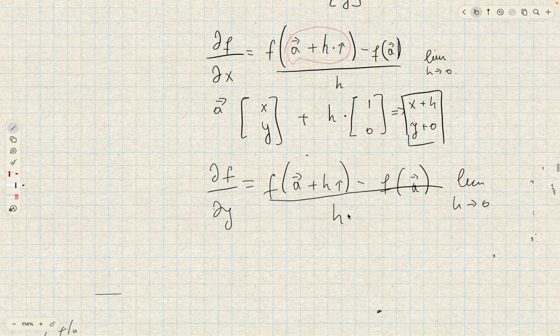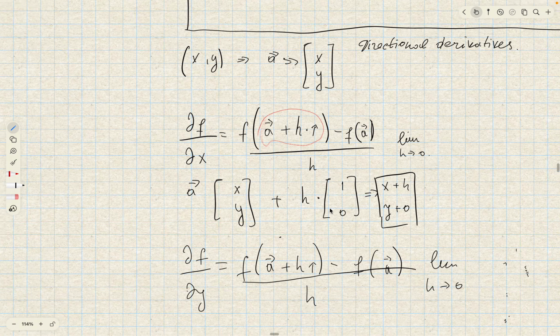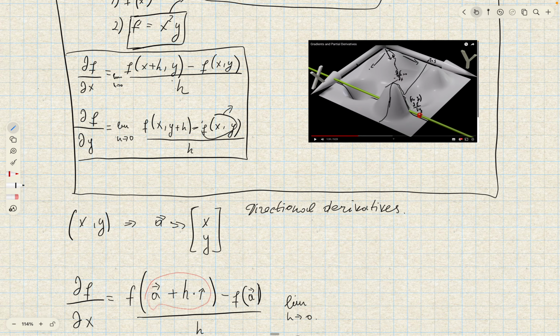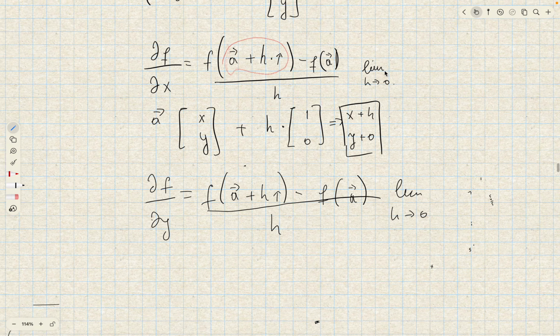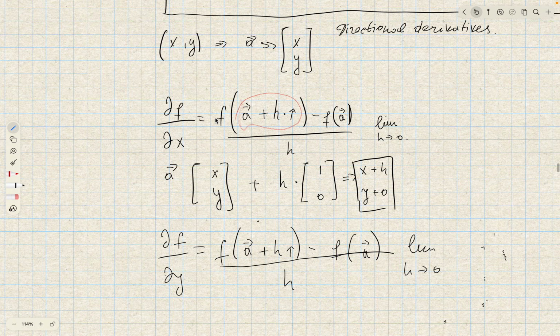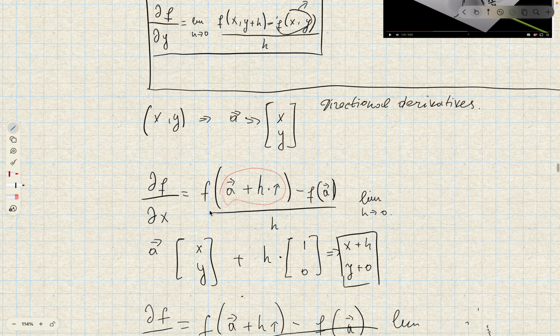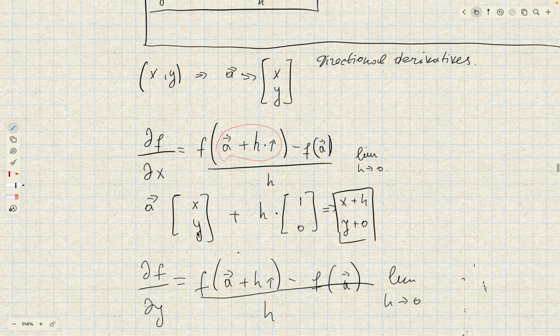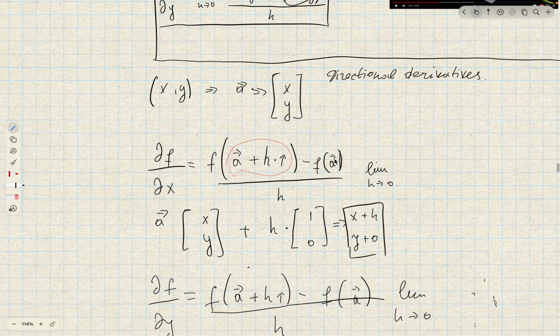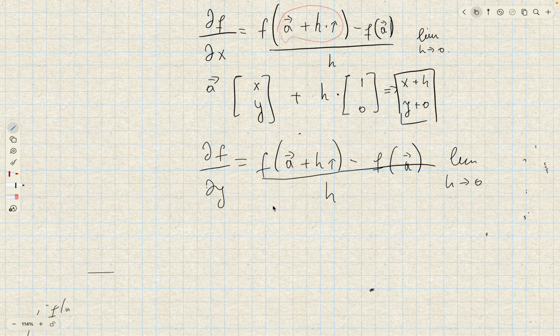In this case, the direction that we are moving will be purely in the y direction. We won't move any step in the x direction. In the previous case, we purely moved in the x direction. That's why there was no change in the y component of the vector. And in this example, we are only moving in the y direction,